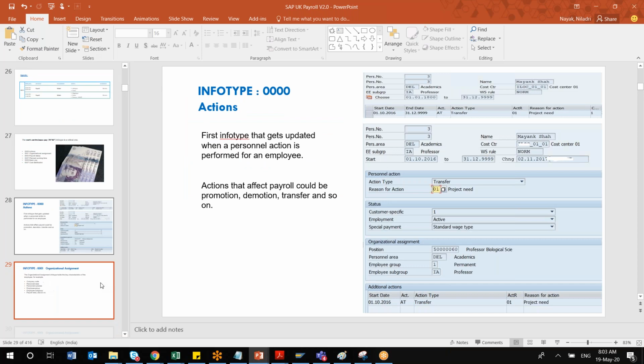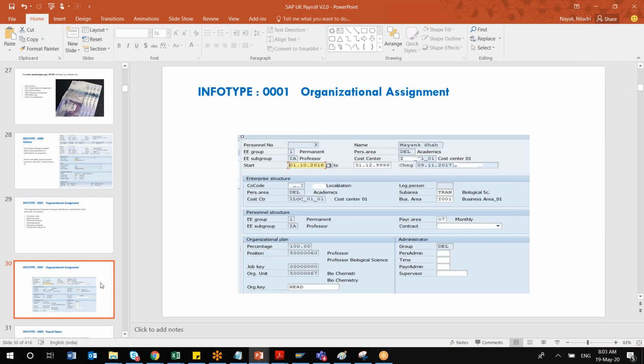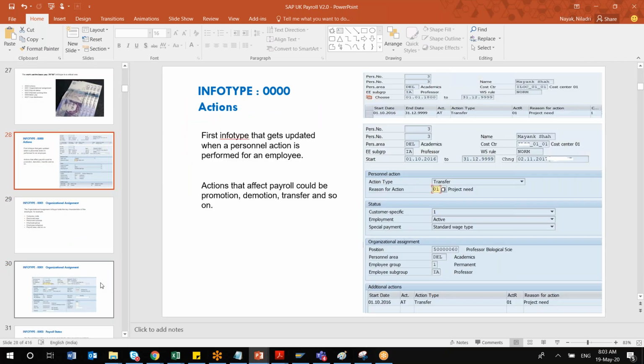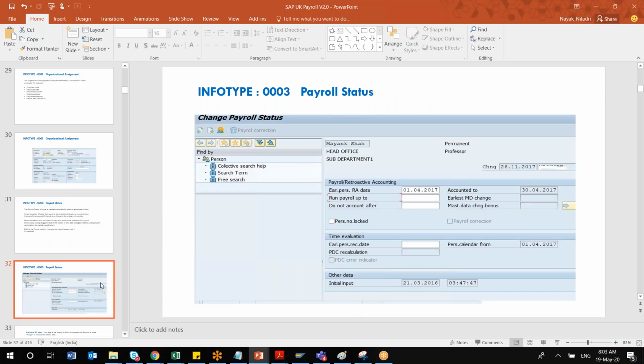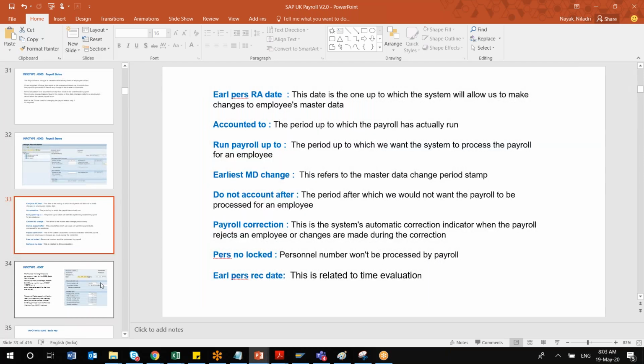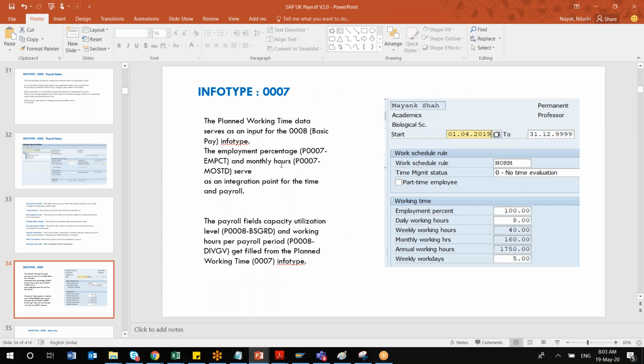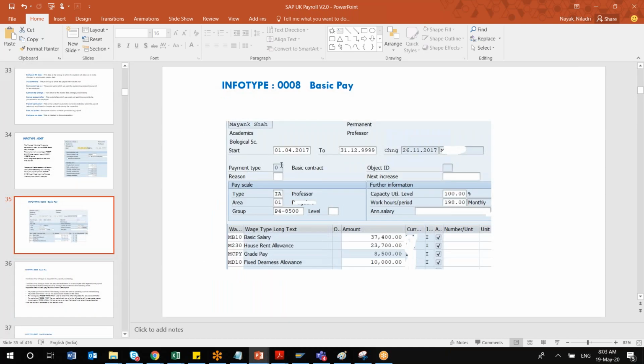Other than that, these are the key info types. Anyway, you are already understanding. These slides were prepared for people who have not understood anything about OM PA, so this is easy for you and I'll not spend much time on it, like what is info type 0, info type 1, info type 3. I'll focus on the different fields. This terminology you'll also find on help.sap.com. I'll explain whatever is relevant for us, but I'll be focusing more on, as mentioned, the schemas.